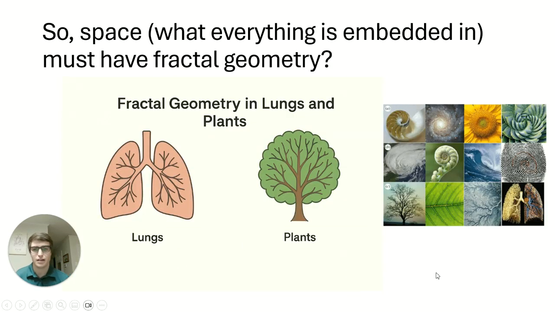So this intrinsic disorder that we see in biological systems, this chaos, I think this is why we see so much fractal geometry in biological systems. In plants, you can see branching structures similar to the branching structures in the lungs. And I actually think it could be the fractal structures we see throughout all of the universe, because I think that this is just the inherent geometry of chaos. So when any matter or energy comes together, it's going to display this similar geometry.